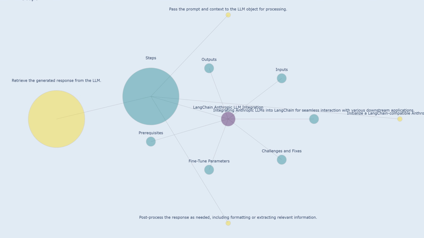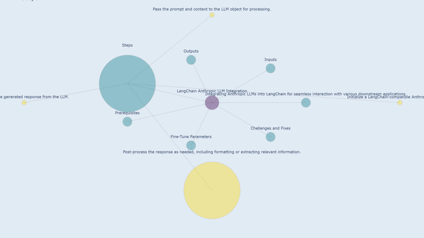Retrieval of the generated response from the LLM. The Anthropic API returns the generated response, which is then processed by the LangChain framework. Post-processing of the response, which may include formatting, extracting relevant information, or further manipulation of the output. For example, the output may need to be formatted for display in a specific application